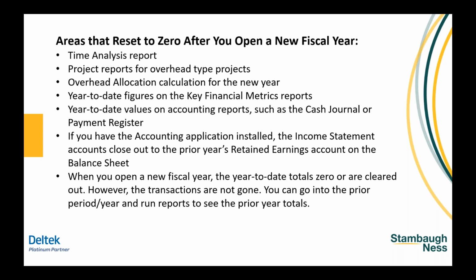Your income statement, your indirect accounts get posted to retained earnings. And both Vantagepoint and Vision work well. Where I am in December, I will see all my activity on my indirect accounts. When I pop into January, I start at zero. It's a refresh. And I could still go back to December and still see the information. So the system is handling your transactions accordingly based on fiscal period.